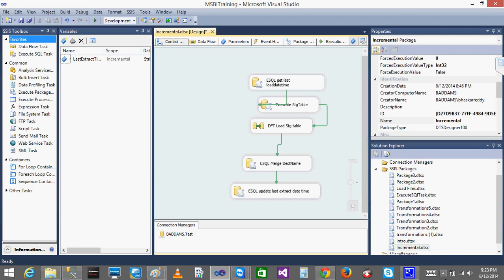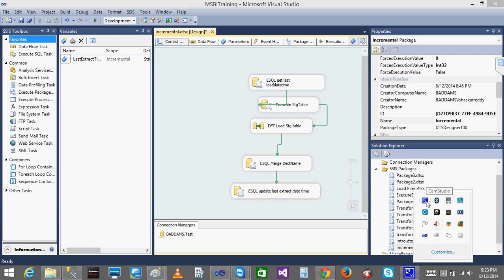Yes, Bhaskar. So this is the incremental load that you need to do, and basically in the company